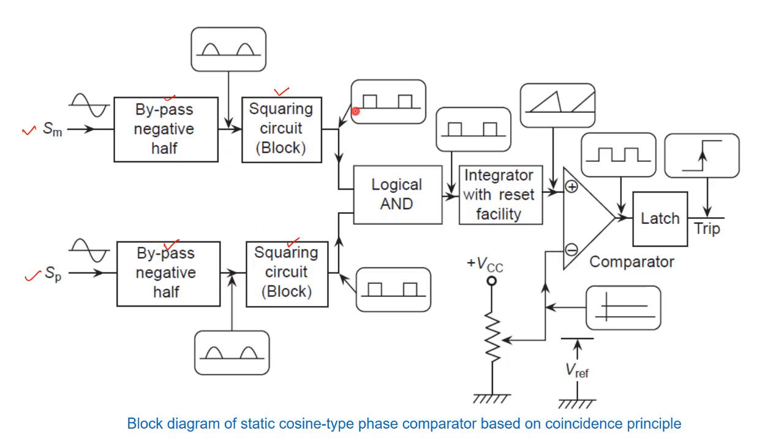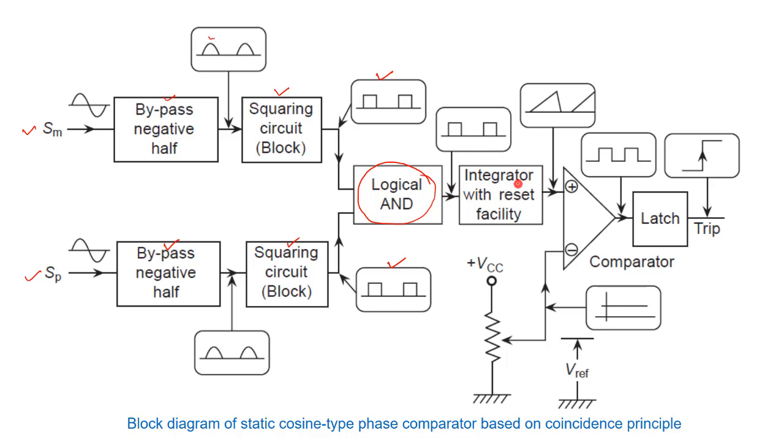So we will find the square wave exactly with equal period of the positive half cycle, right. Using this squaring block we find the square waveform from these sinusoidal waveforms, right. So we found the square waves. Now, in order to find the coincidence period, we need to pass these two waveforms through the logical AND, right. Then if we pass it through the logical AND, we will find the coincidence period,